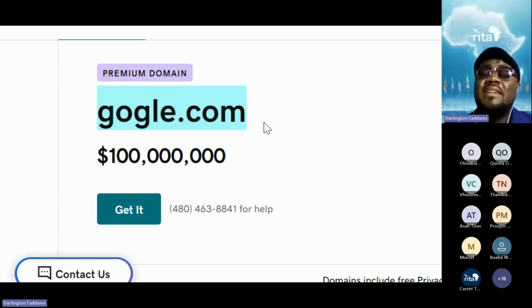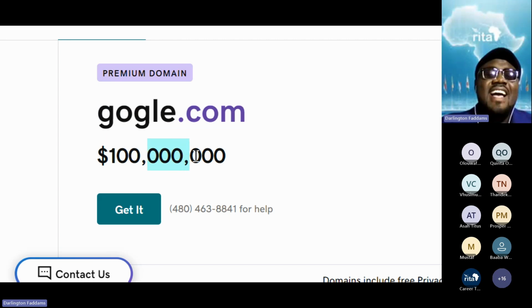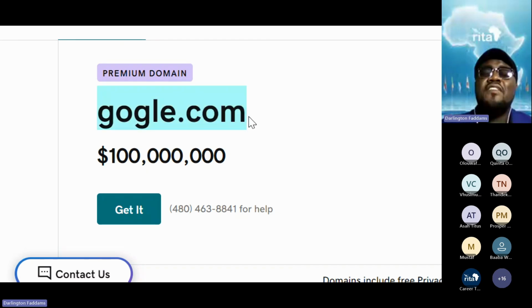When it comes to domain auctions, you can advertise the name you are selling on GoDaddy. And you can look at how much somebody is charging. I don't know what this is. Is this 100 million or what? Are you kidding me? But the name looks so good. Google forgot to renew this name. I saw that Google registered this name, but they didn't renew it. This can happen to anyone.